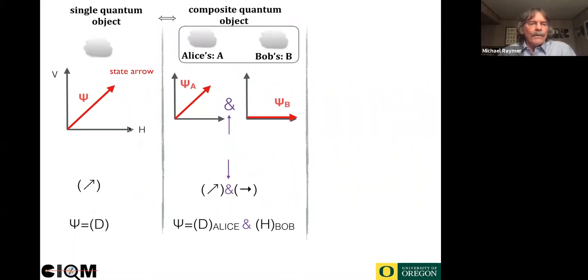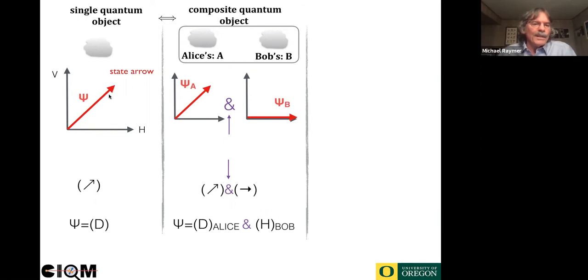Here's the state, could be a photon polarization, or it could be something else. I use V and H, but remember these labels could be other things, like the path of an electron in an interferometer. This could be like the electron is in the lower path, and this could be the electron in the upper path. And we can always draw these kind of state arrows when we have a qubit, namely an object that can just be in one of two states. And notice we draw these black arrows as perpendicular. And perpendicular means they're mutually exclusive. If the state is H, it's definitely not V. And if it's V, it's definitely not H.